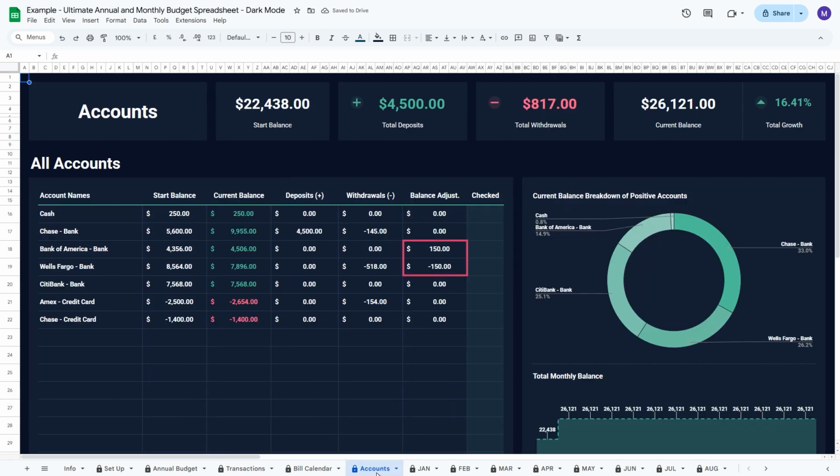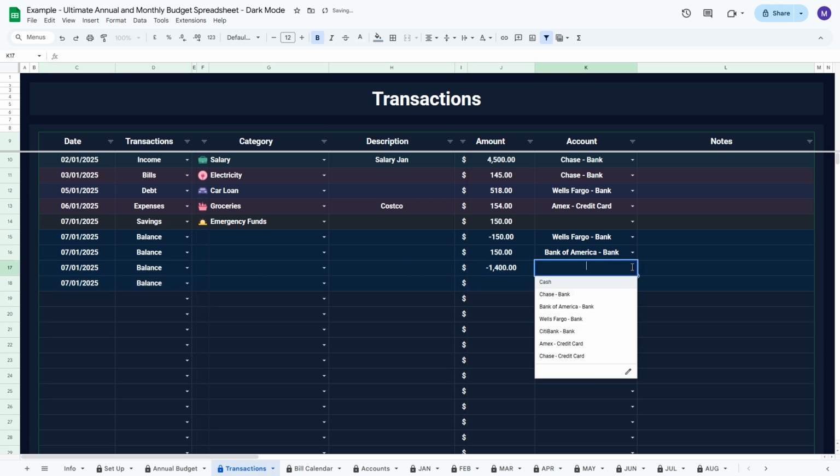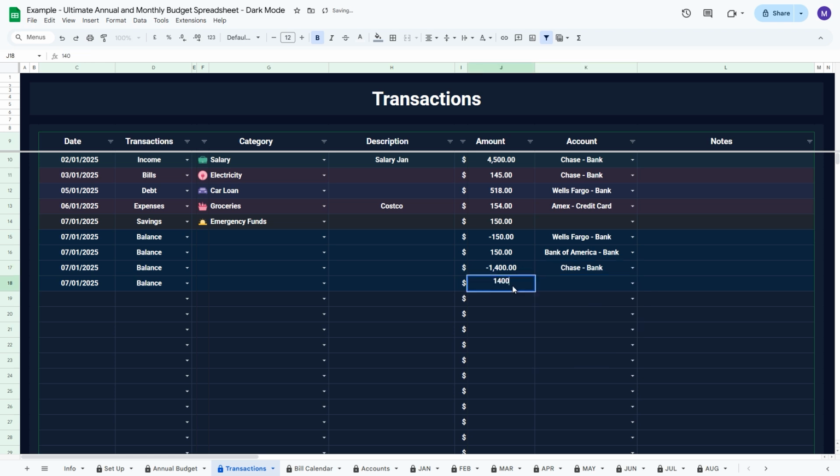Back in the Accounts dashboard, you can see the $150 in the balance adjustments. These balance lines are also used to pay off your credit cards. I have just repaid the outstanding balance on my Chase credit card. To record this transaction, I will take $1,400 out of my Chase bank account and add the same amount to